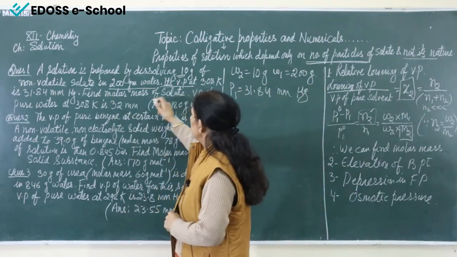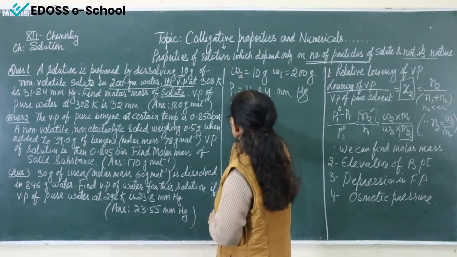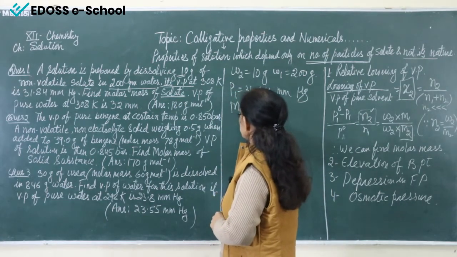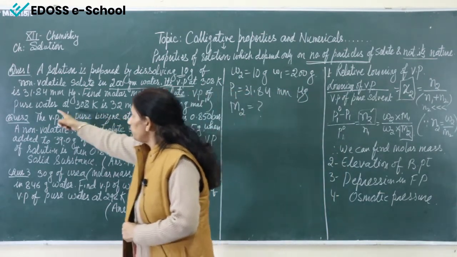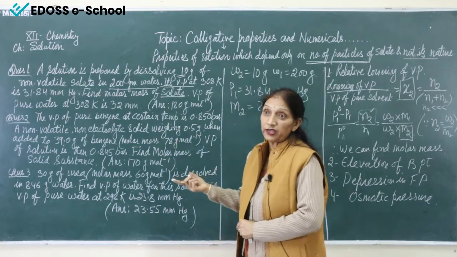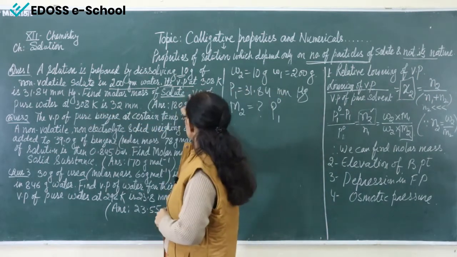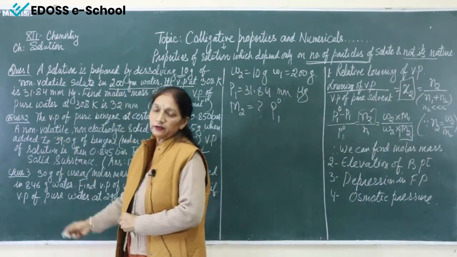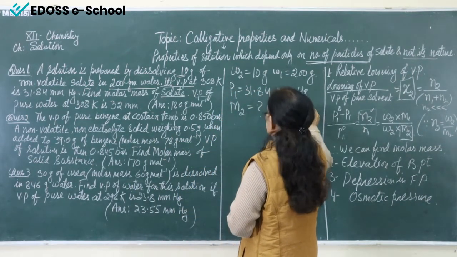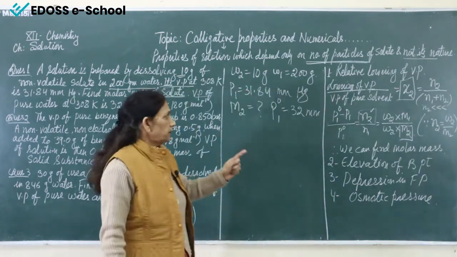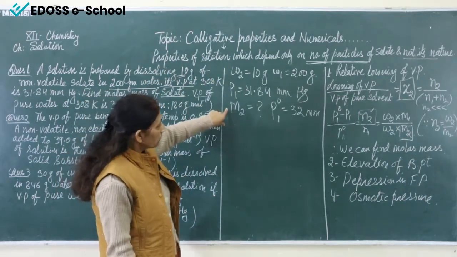And we have to find the molar mass of solute. Molar mass means M and solute means 2, so M2 we have to find. And what is given here again? Vapor pressure of pure water. Pure water means water is solvent, so this is P1 naught. This is not solution, this is solvent. And this is given to you, 32 mm of mercury. Now you can see everything you have written, whatever is given in the numerical. Now we have to find M2.